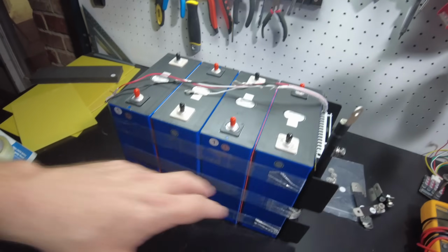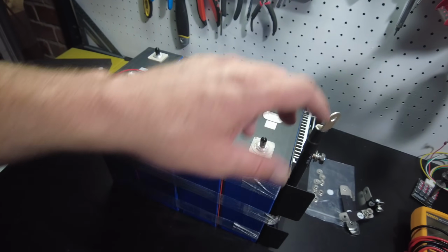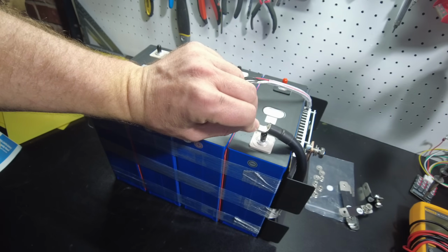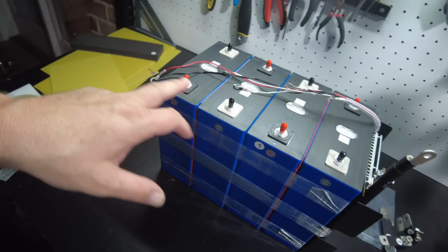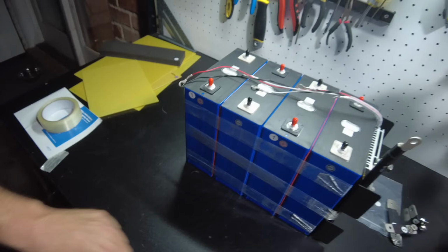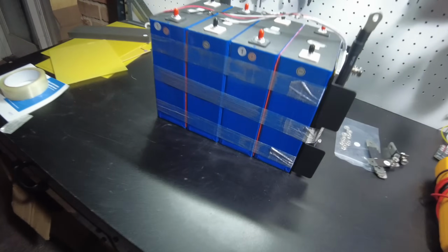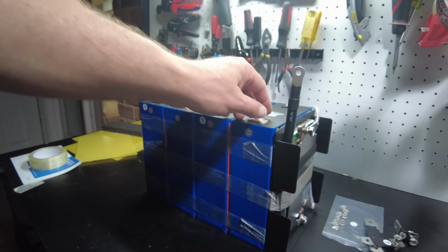And before you start doing this, make sure you've got the cells oriented the correct way. So your main negative is going to be there, and then positive, then negative, then positive. If you've got them oriented the wrong way and you tape them all together, you're going to have some serious issues and you're going to have to tear it all apart. So now we can put our bus bars on